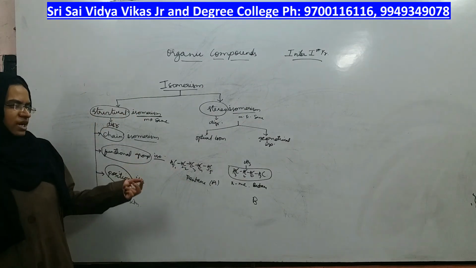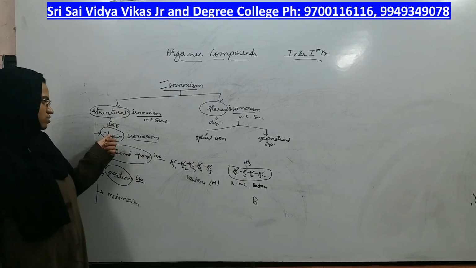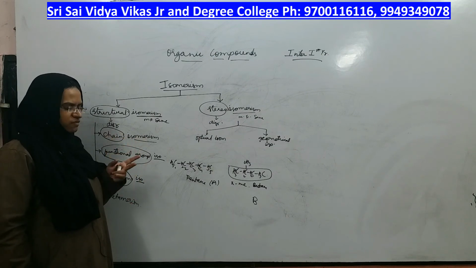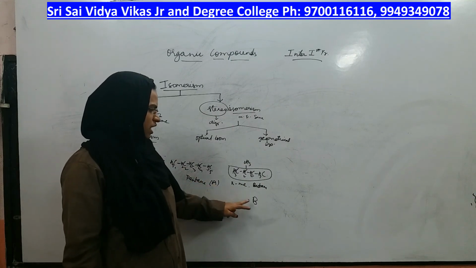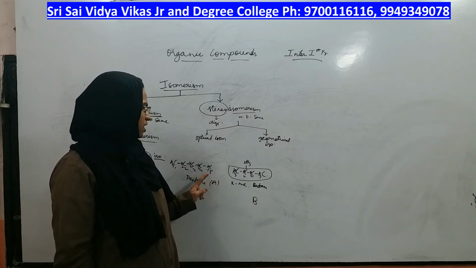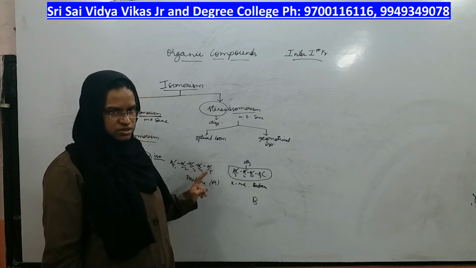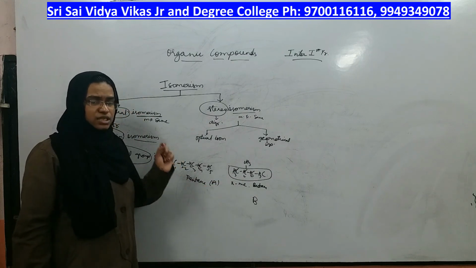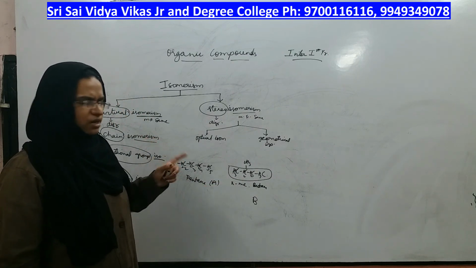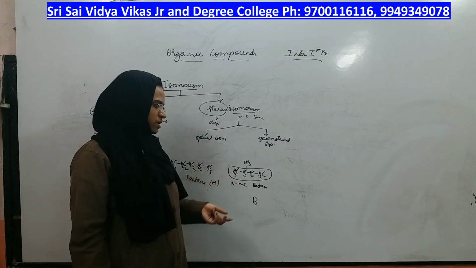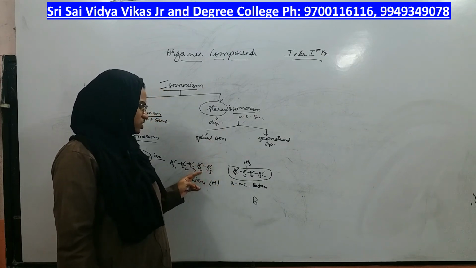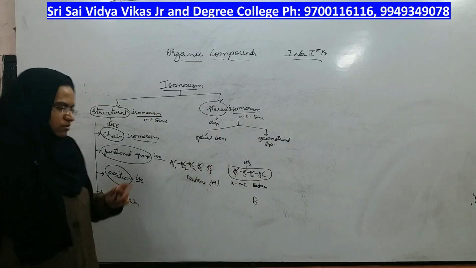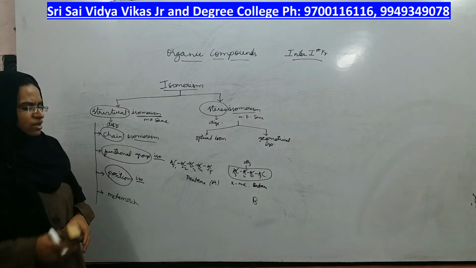Such isomers are called chain isomers, and the condition is called chain isomerism. Now I will define chain isomerism again: when two compounds have the same molecular formula but different chain length. Different chain length is present in compound A and compound B. The parent chain is different in compound A and compound B, right? In this one the parent chain is of 5 carbons, in this one the parent chain is of only 4 carbons. That is chain isomerism. I can also take